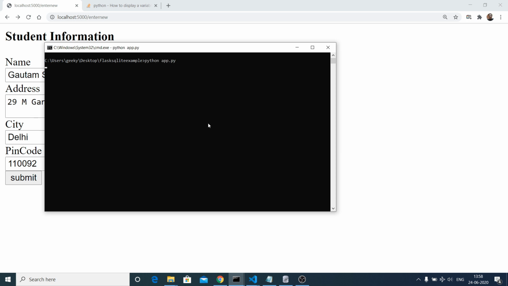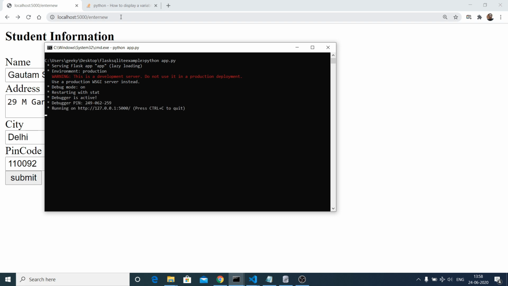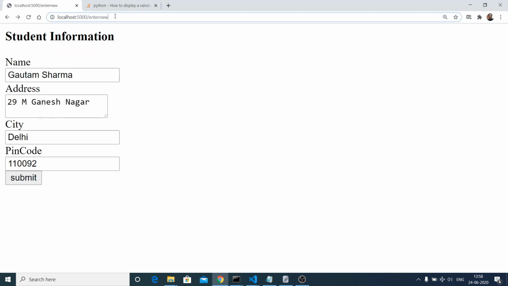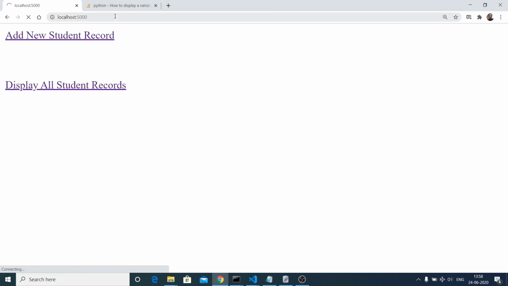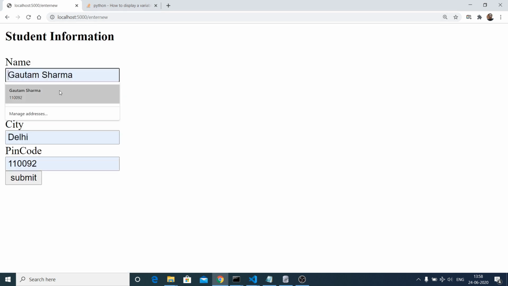Python app.py. So it will start this application on the port 5000. If you fill out the entries,